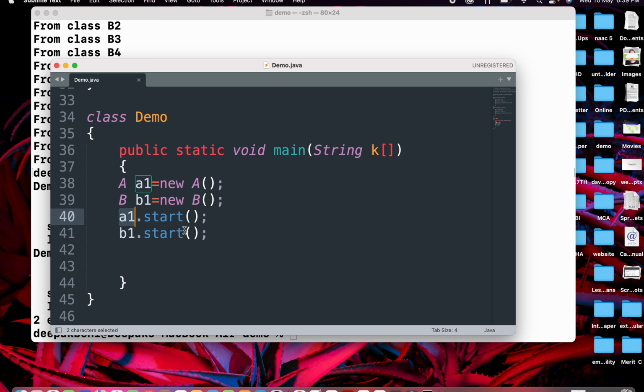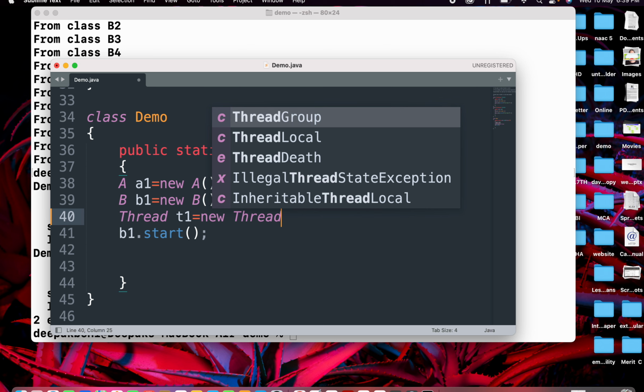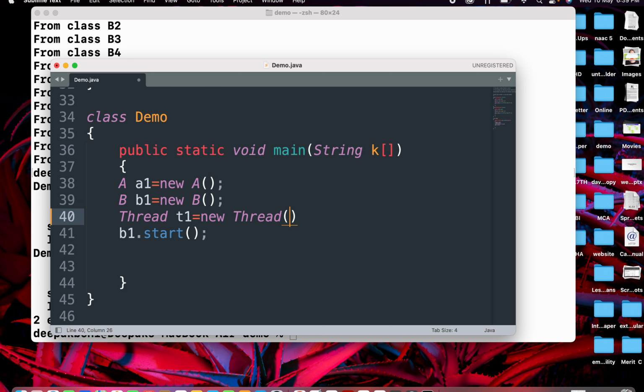So here we are going to take the help of the Thread class. We are going to create an object of the Thread class like this, and we are going to wrap our A1 object inside the Thread object T1.